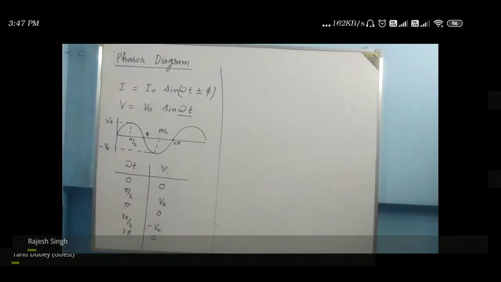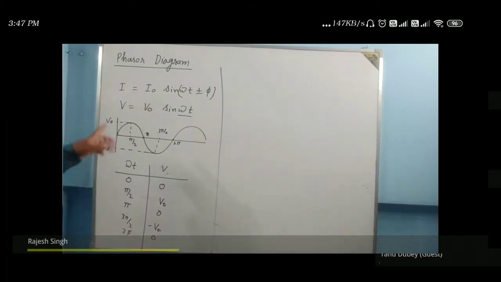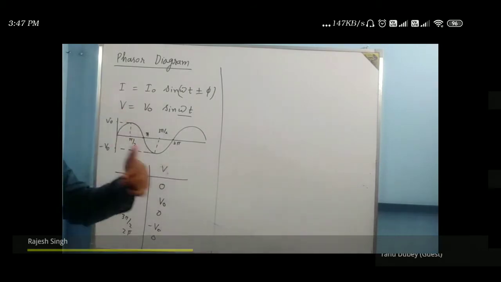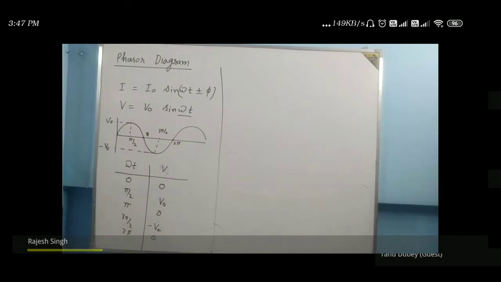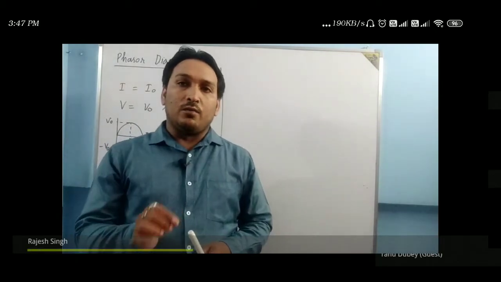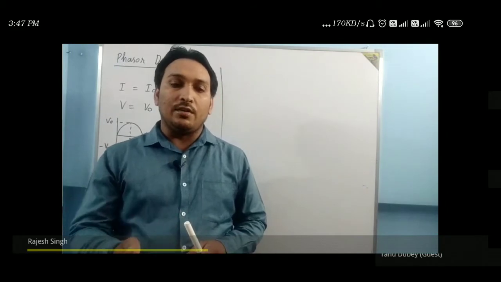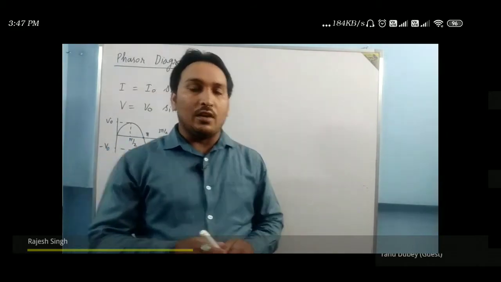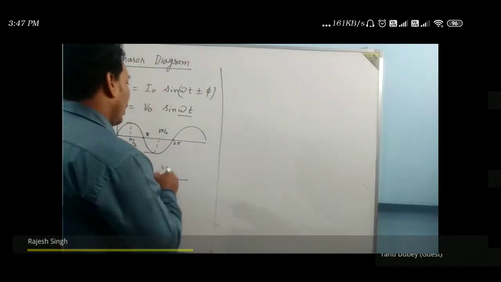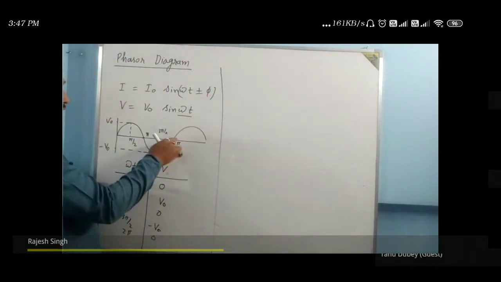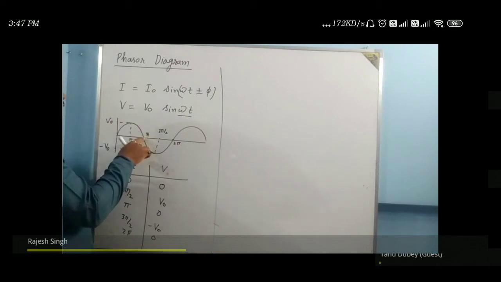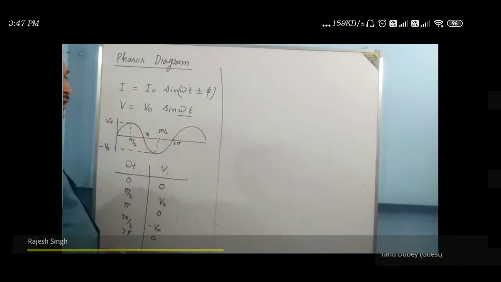Now, what I'm going to say is, I'm going to represent V, meaning alternating voltage, with respect to vectors. Although it may sound a bit weird because voltage is a scalar quantity, here we are treating it as a vector. How can we say that it is a vector? Because it varies as sin omega t, it has directions also. For half a cycle it is in the positive direction, and for the second half cycle it is in the negative direction.